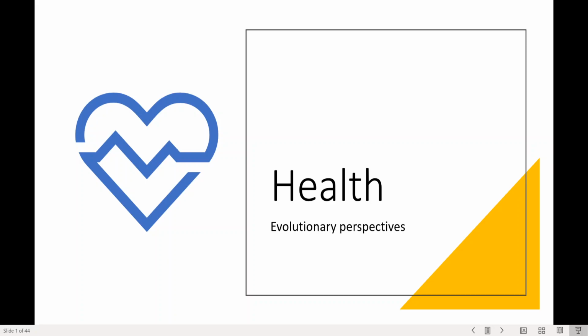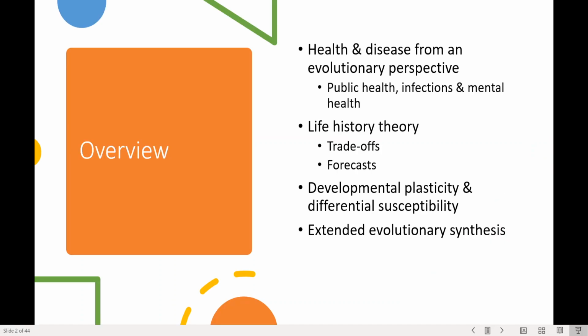Today we're going to look at health in a broad perspective, and we are going to examine health issues from different evolutionary perspectives. To give you a short overview of what we are trying to look at, we're going to look at models of health and disease from an evolutionary perspective. We will mainly focus on issues that are relevant for public health, infectious diseases, and also touch upon mental health